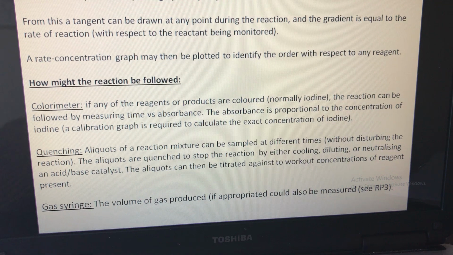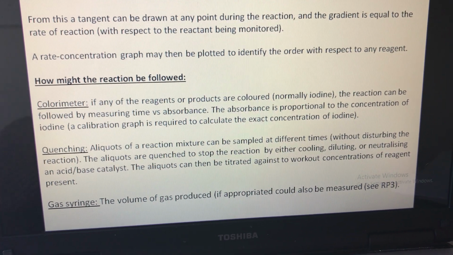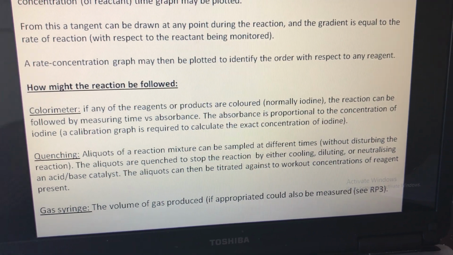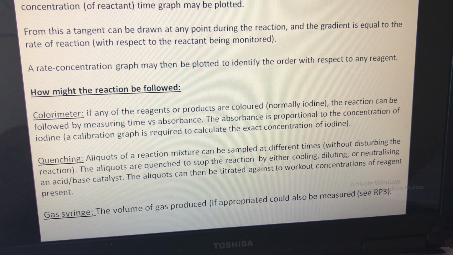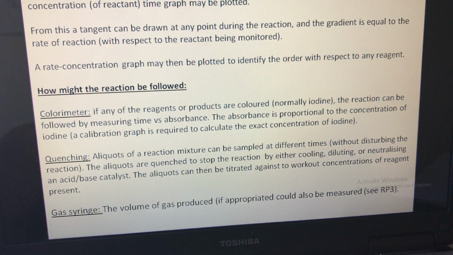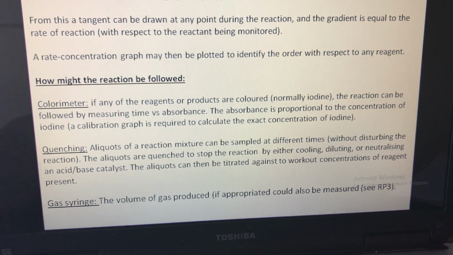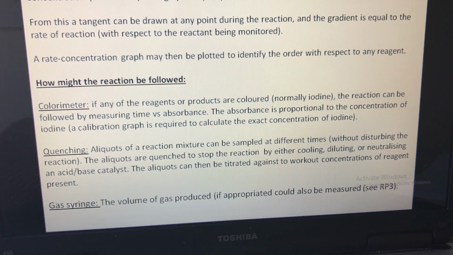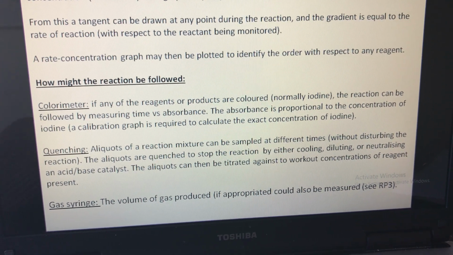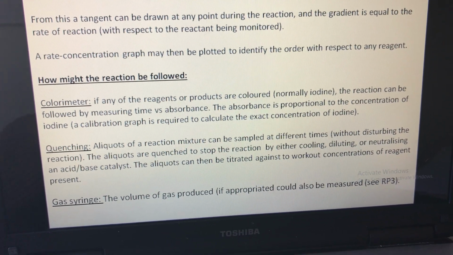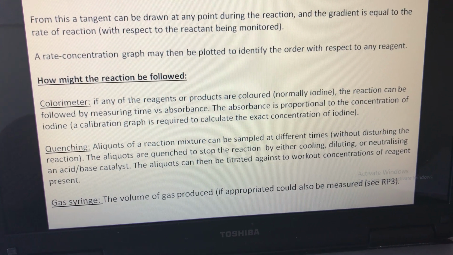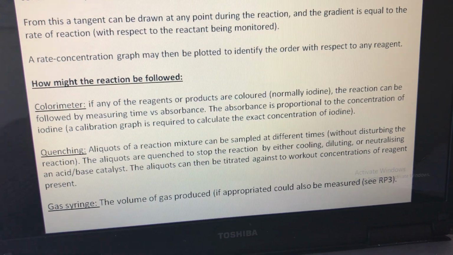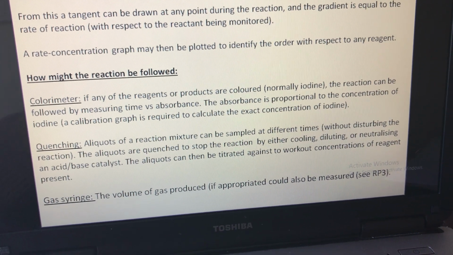You might do that by cooling it right down. You might do it by diluting it considerably, or you might choose to neutralize an acid or a base. Once you do that, you stop the reaction from occurring in the little portion or aliquot that you have got. And so when you then titrate that, you can work out the concentration of the reagent that is present